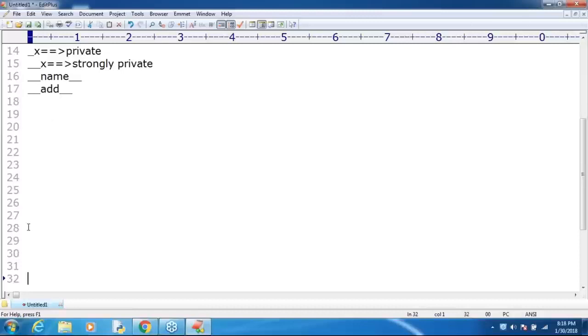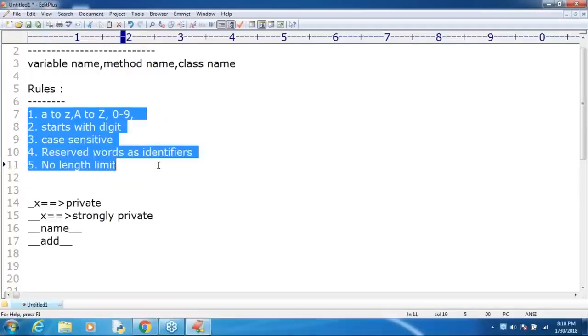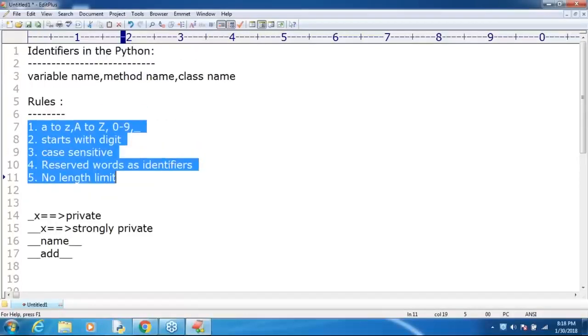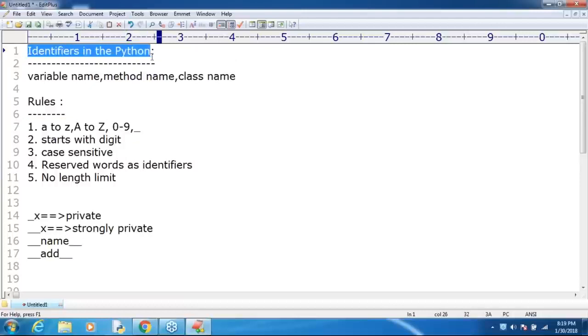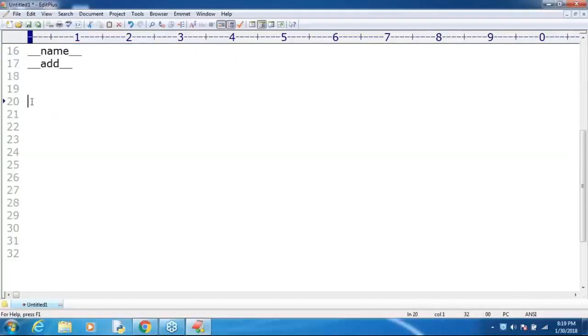Up to this, is it clear for all of you? Okay, that's all. This is about identifiers. Are you getting what rules are there for identifiers? This is the first topic. After the introduction, this is the first small subtopic that I covered. The next topics are very, very important. What is the topic? Reserved words.